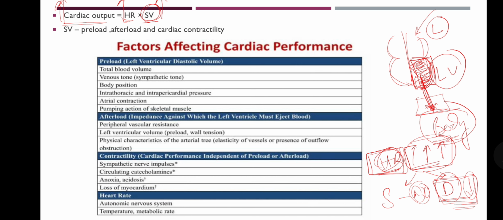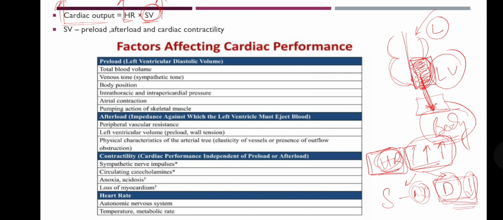So the amount of blood which comes from the body to the right atrium and then to the right ventricle is called the preload. So preload means right heart phenomenon. And afterload means the amount of blood which comes from the left ventricle to the body. So firstly, preload depends on the amount of blood coming to